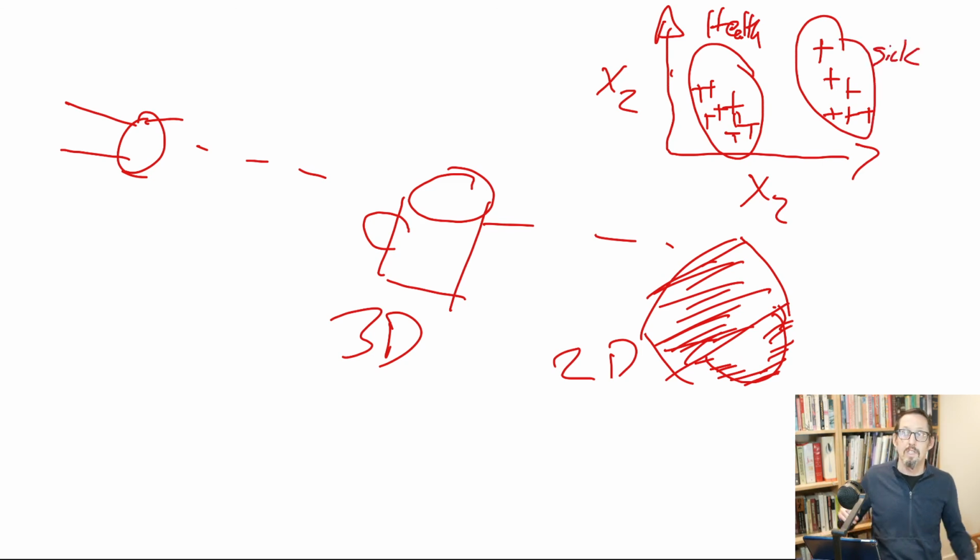Okay, we've taken the 23,000 dimensions of gene data and turned it down into 2 dimensions, and we've found something useful in that. So this is a very common way to use unsupervised machine learning algorithms.